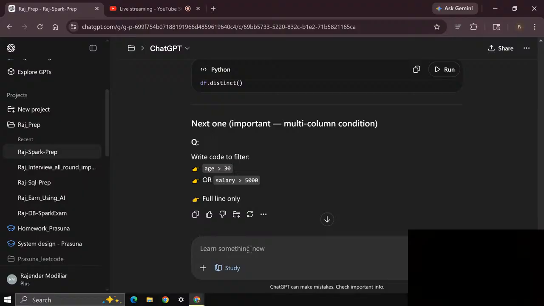Okay, I'll write df dot filter column of age 30, comma, column of salary is greater than 5,000.